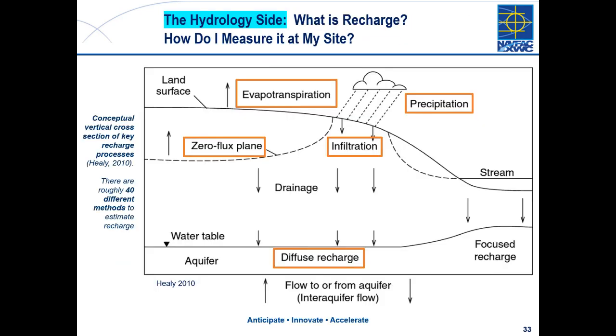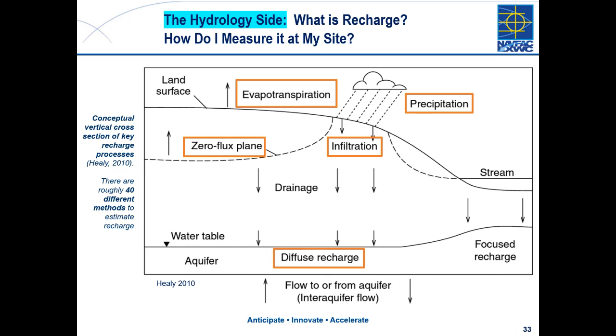This is from an amazing book by Richard Healy, all about recharge. It has chapters from Bridget Scanlon from University of Texas. But this is some of the nomenclature they use, and sort of like mass flux and mass discharge, some of the terms are used in different ways or interchangeably, but they're very specific as you have precipitation on the top right. The amount of precipitation that enters the subsurface is infiltration, and in their definition, what reaches groundwater is recharge.